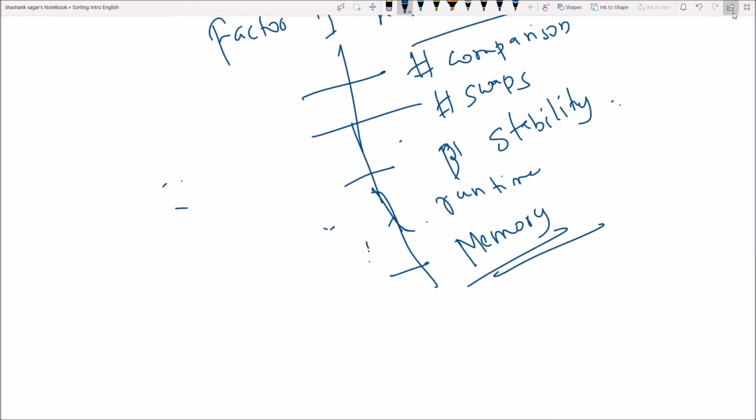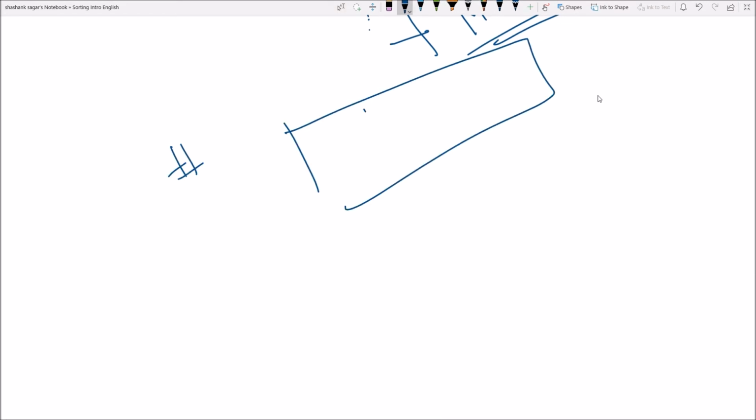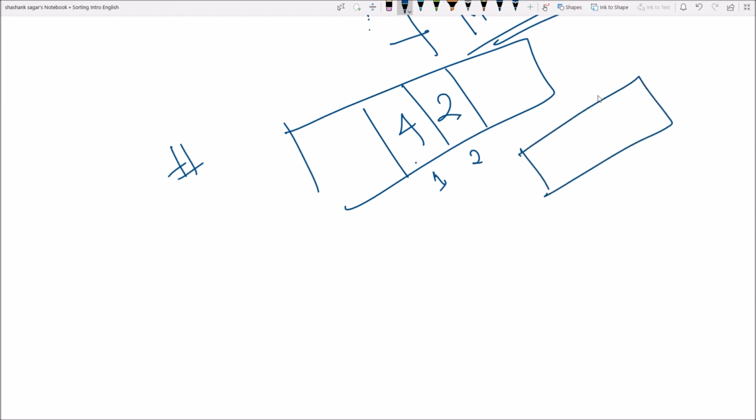Now see the first one. What is comparison? Suppose I have an array, and in this array I have at index 1 the value 4 and at index 2 the value 2. Okay, so in a sorted array I should have 2 before 4 if I am sorting in ascending order.